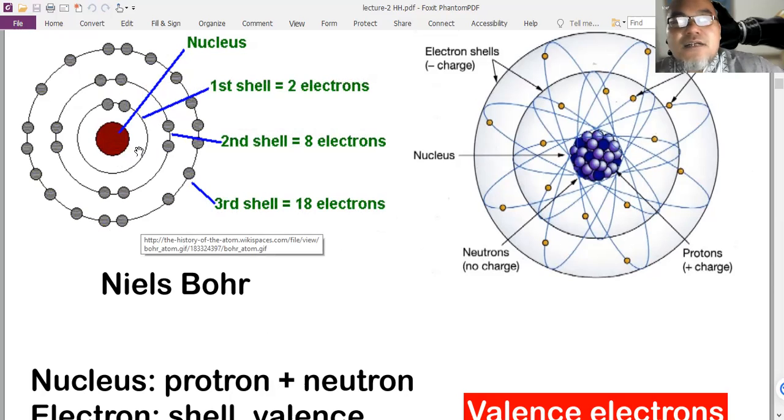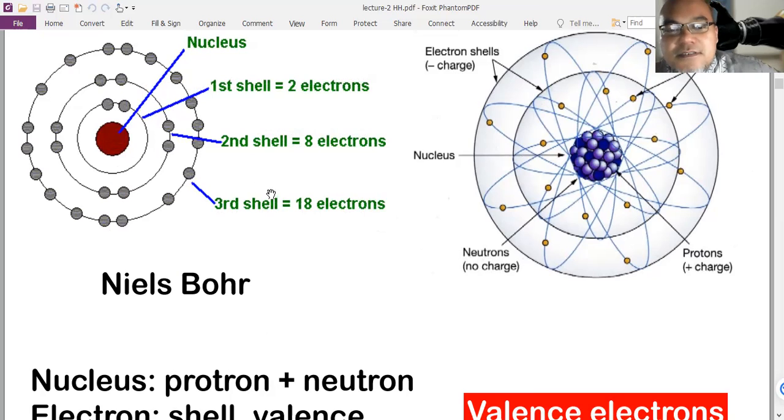There are electrons located in the first shell, electrons located in the second shell, and electrons located in the third shell. The first shell can contain up to 2 electrons according to chemistry. The second shell can contain up to 8 electrons. Then the third shell can contain up to 18 electrons. If you remember that,